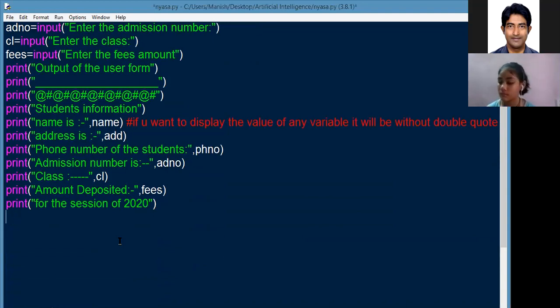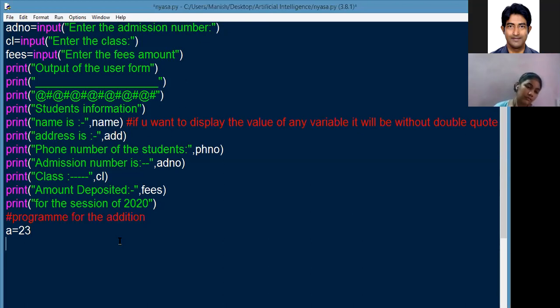Like I'm going to write a program for the addition again. So you need a variable to store the value.